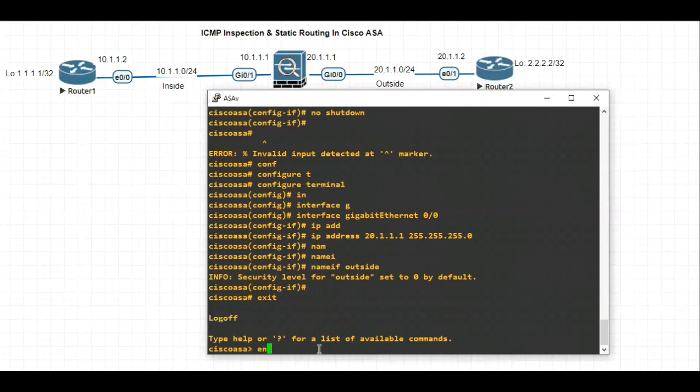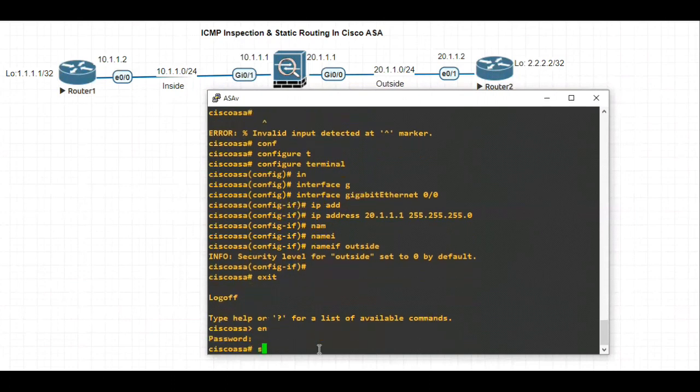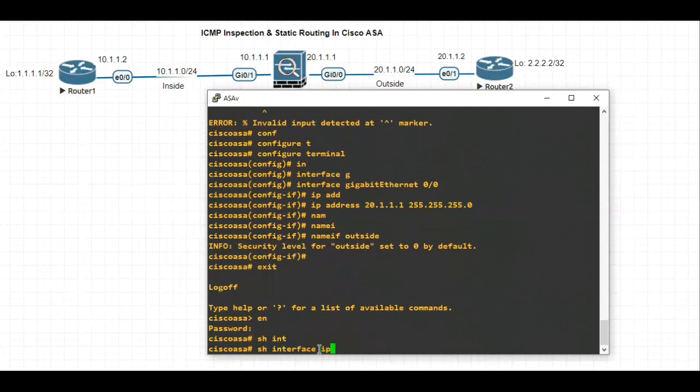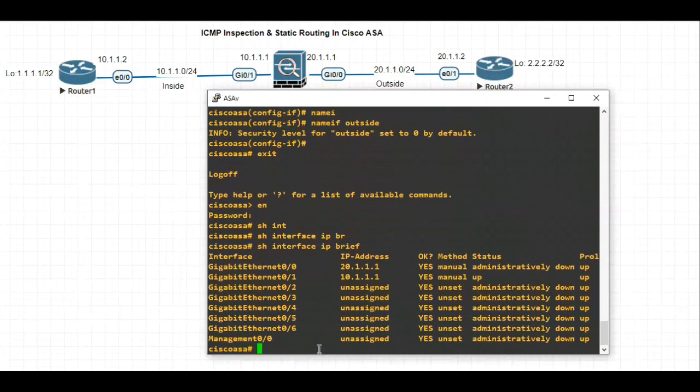You can verify with the command show interface ip brief. You are seeing it is administratively down for this port, 0/0, and this port, 0/1, with 10.1.1.1 is up.